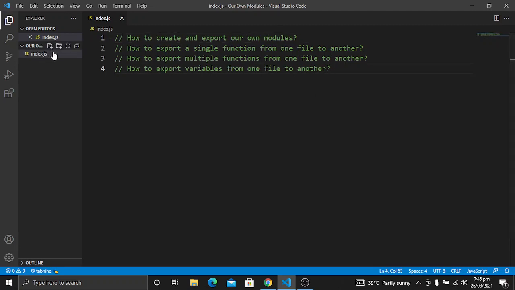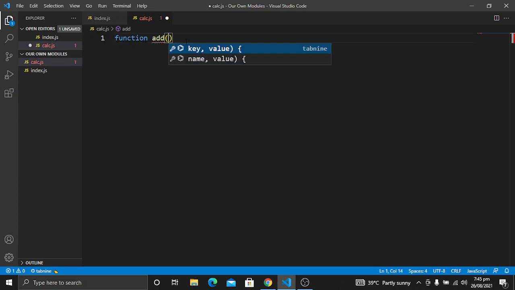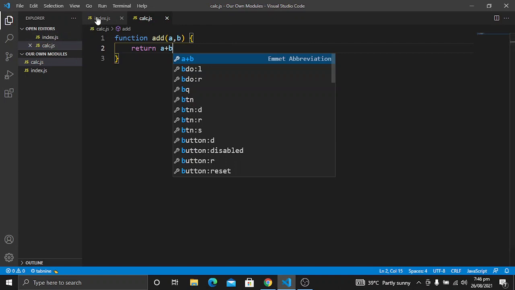So let's create a new file. So I will create a new file with the name of calc.js. In this file we will have calculations. So first of all what I will do is I will create a function. So let's create a function with the name of add, and what this function will do, it will have two variables, or we can say parameters, and it will just return the addition of them, a plus b. Oops. So let's save it,